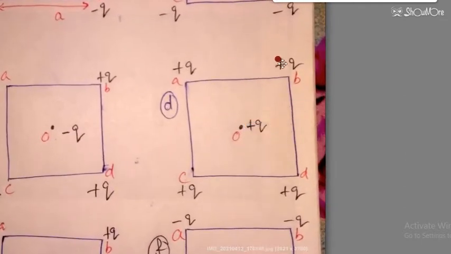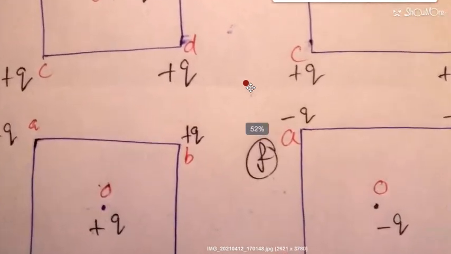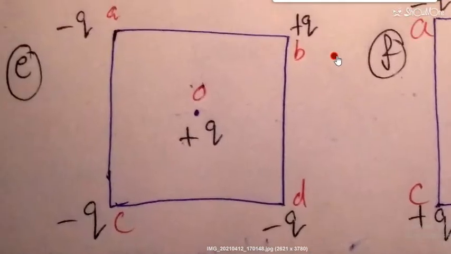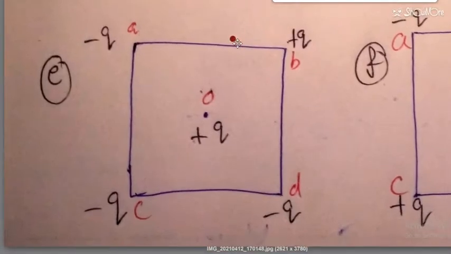So we are going to solve now question part number E, and I am going to give the hint for E. Yes, this is the hint. You have to solve these questions, and after understanding you have to note them down. Now this is the negative. So this will be the direction of the net force acting at the central charge due to this negative charge.